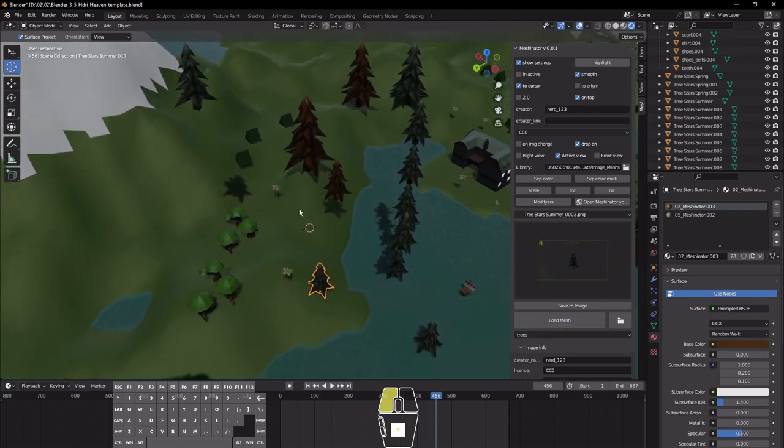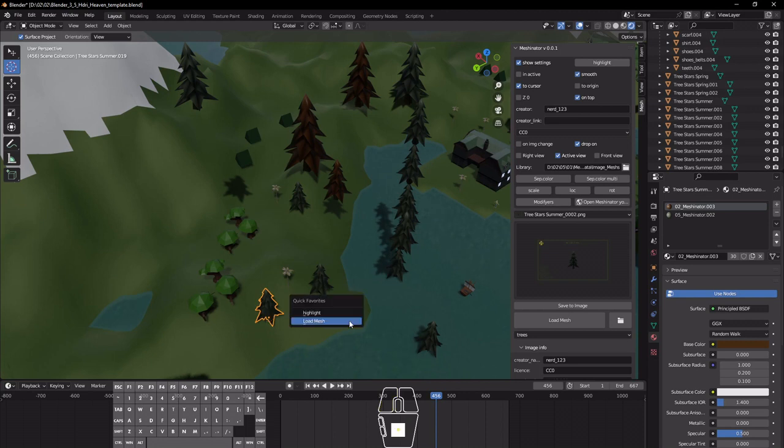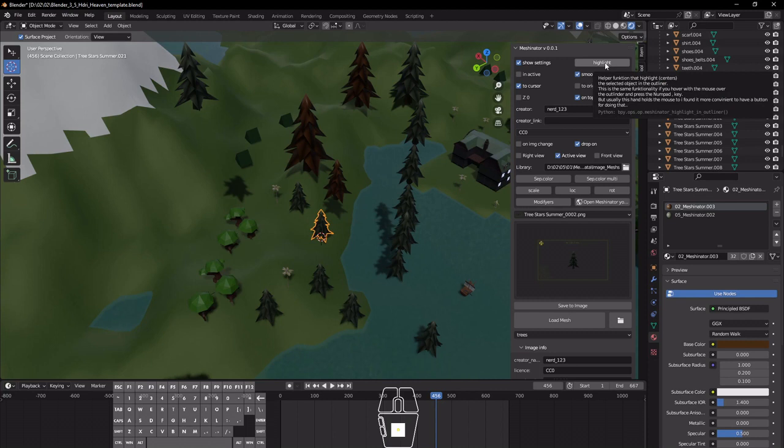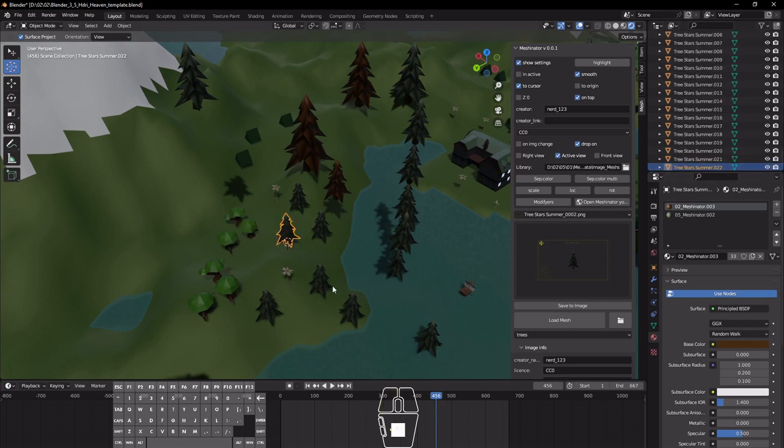For making the scattering a little bit easier, I just add each operator in Blender to your quick favorites. So I right click, add to quick favorites. Now I can do load mesh, load mesh, load mesh. I already added this operator to the quick favorites, which means I can Q, load mesh, Q, highlight, and it appears here, so it's easier